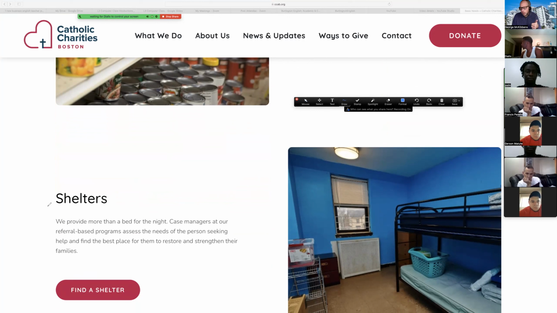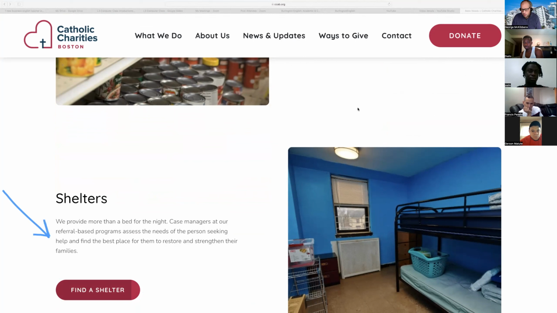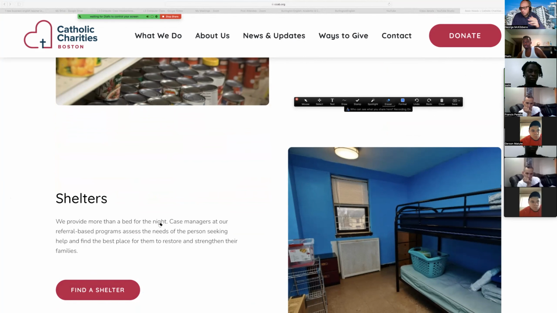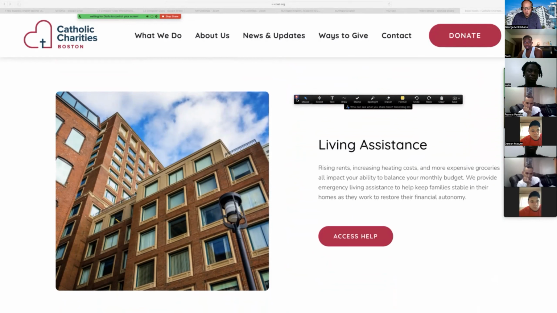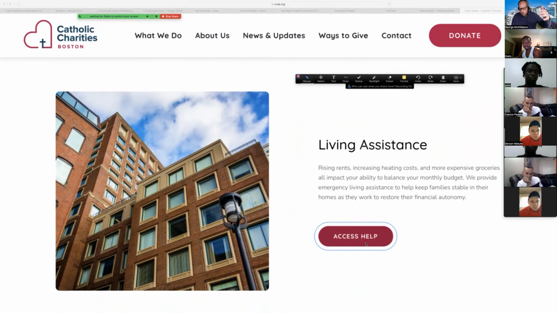If you have to leave where you live, if the owner of your apartment says, get out next week, and you say, I have nowhere to live, this is what you want to look at. Find a shelter. So if you have nowhere to stay, that's basic. Food, shelter, basic. Long-term assistance, click this, talk to people that can help you.